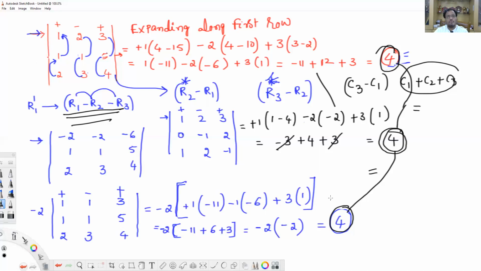But why do we have to do it? That is the biggest question. Sir, why should I do R1 minus... whenever you go for R1, meaning rows, you have to write like this: R1 minus R2, R2 minus R3. Whenever it is columns, like this: C1 minus C2, C2 minus C3. I told you, column means your hand should go like this. Row means your hand should go like this.